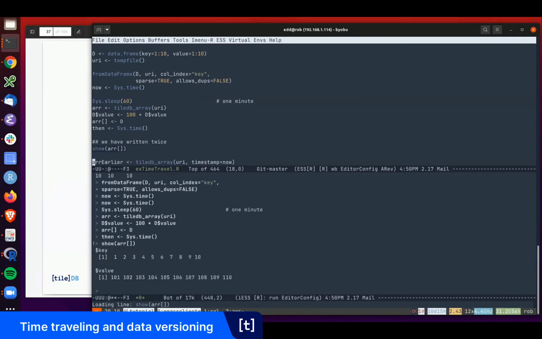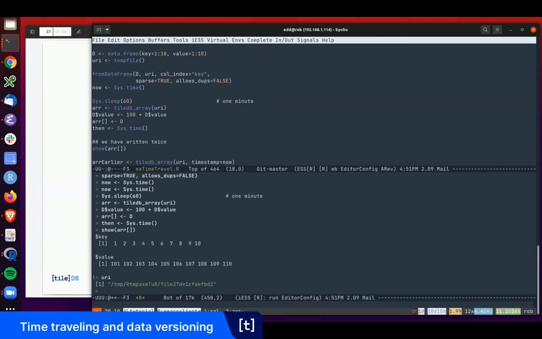And once we open it and read what was just written the second time, we see that we have the new values. The 100 got added, so that's what's currently in the array. We opened the array, we read from it unconstrained, and we see it's 100 to 110. But we can use the same bread and butter function to open by saying, really, I wanted it at the, hold on, let me just show that too,